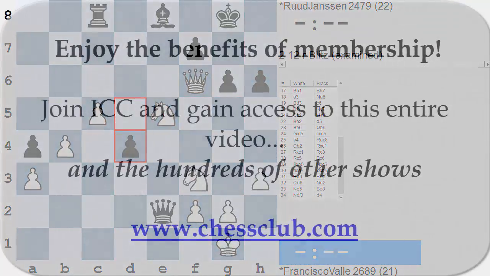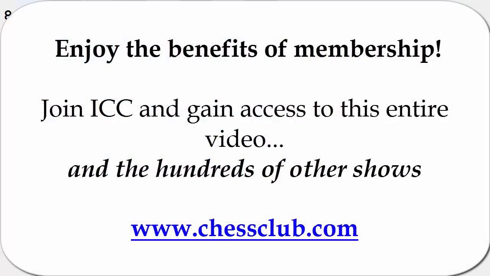Black tries d4 here, which actually seems to be the decisive mistake. His best chance lay in